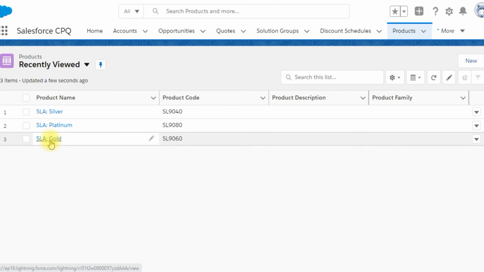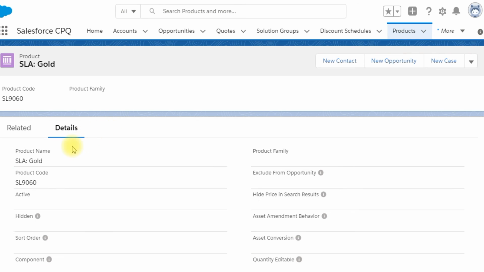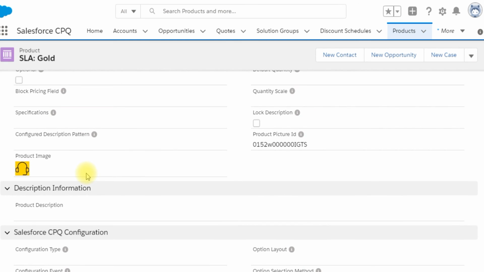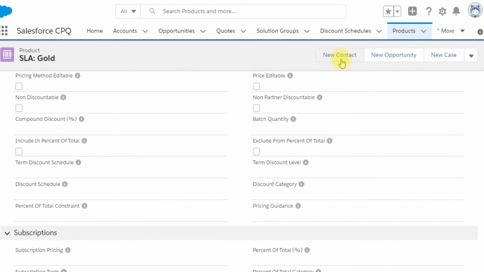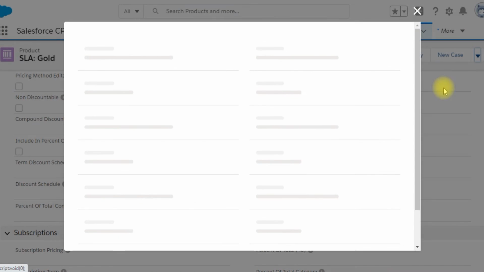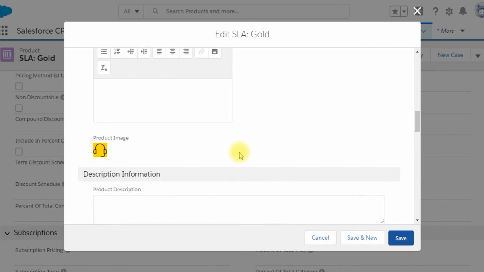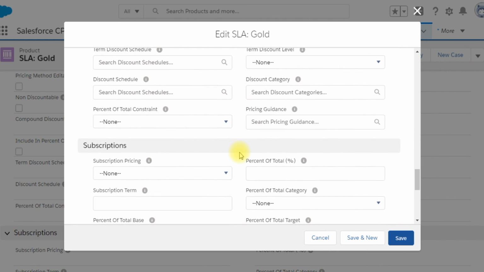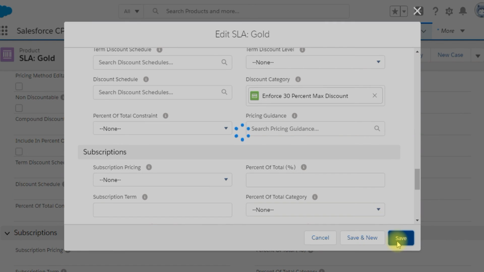If you want to build a separate discount category for multiple types of products or for a family, you will need to adjust the price rules and discount category object accordingly. And if you want to create multiple discount categories for multiple products, make sure that you add a discount category field on the quote line, and you need to update the lookup query conditions accordingly. Right now we have added only one condition, so you need to add more conditions to get the record filtered. So this is how you enter the discount category field on the product record.